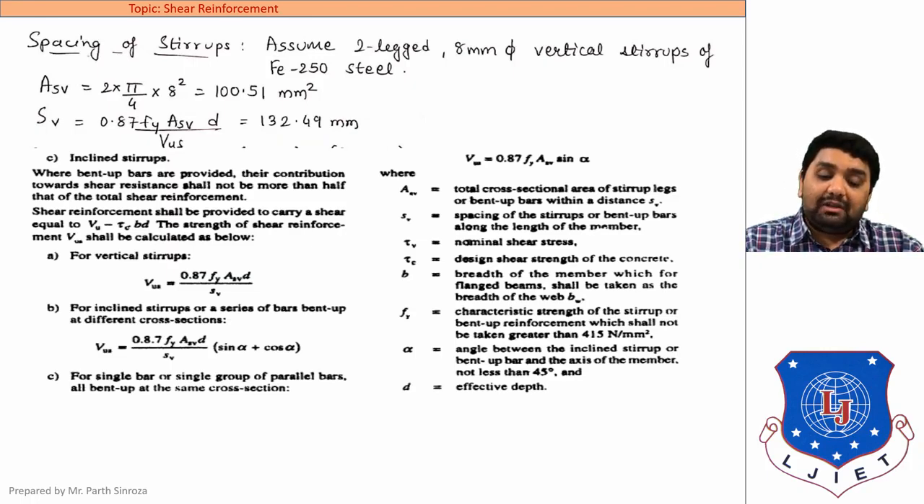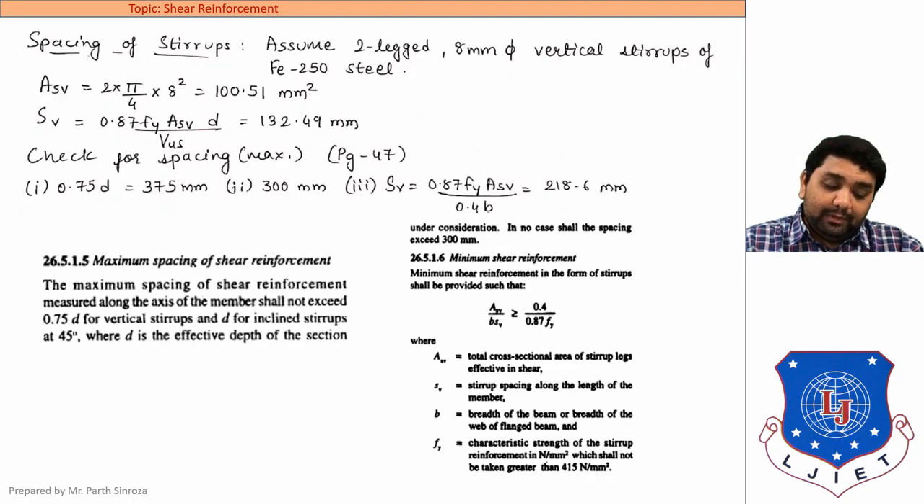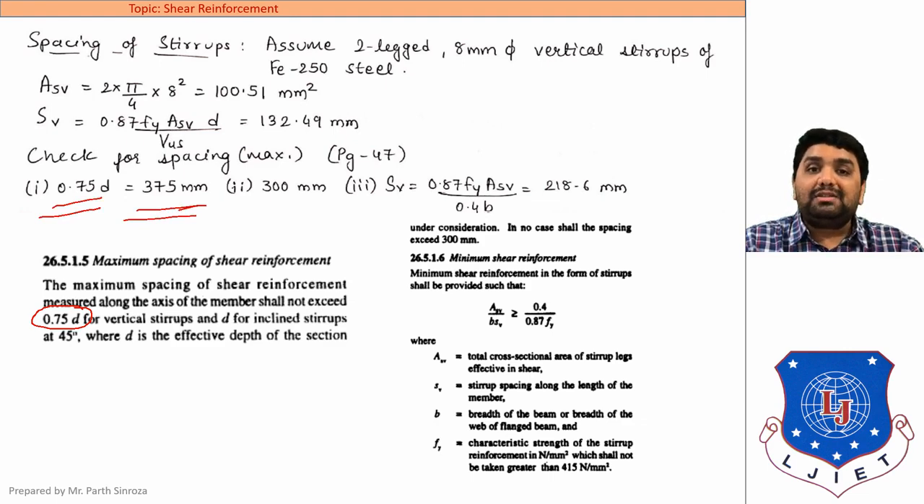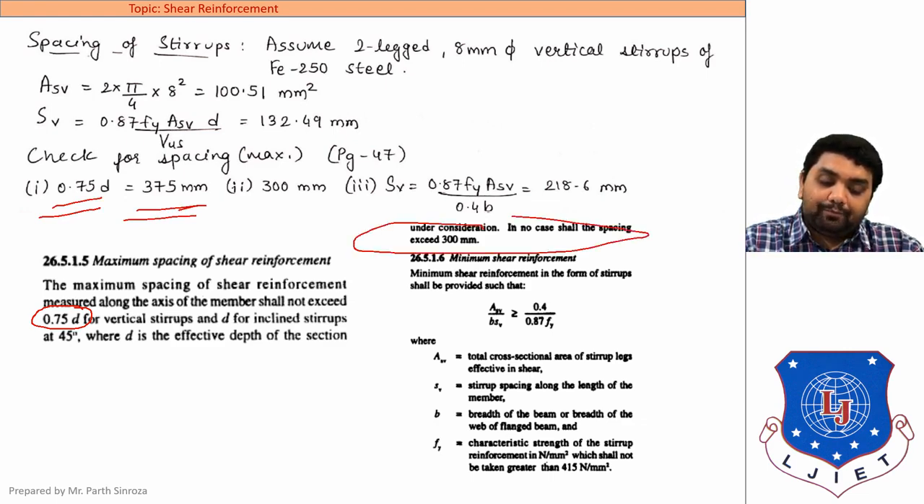And for that, as we have discussed, we will be moving to page number 47. So pause this video and move on to page number 47 of your IS code. There you can see that first we need to find 0.75D. So 0.75D comes out to be 375 mm. So our first criterion is 375 mm. The second criterion will be on page 48, that in no case shall the spacing exceed 300 mm. So the second case will be 300 mm,